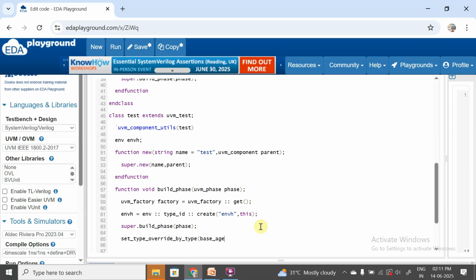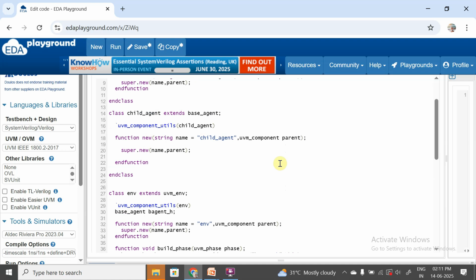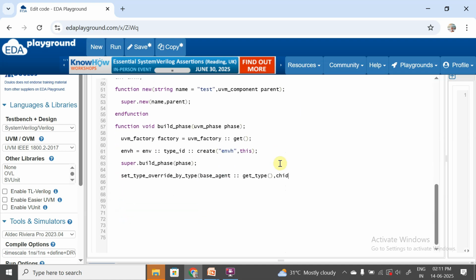So base_agent get the type ID, get_type, and with which we want to override is our child agent, child_agent get_type. Basically I'm performing this particular overriding, followed by end function and